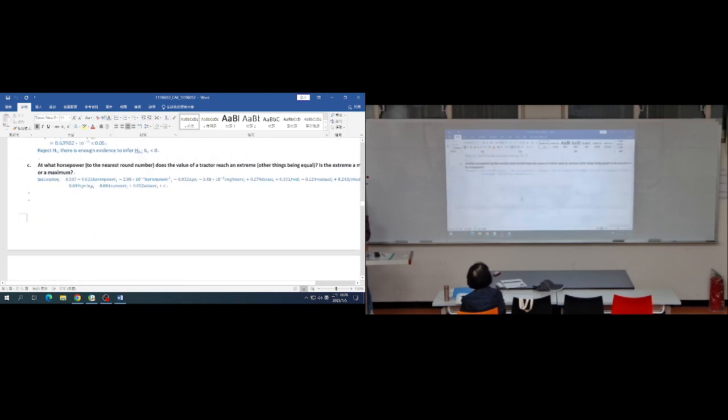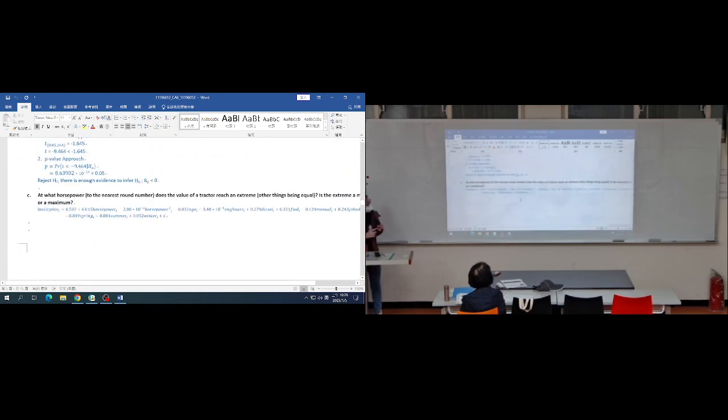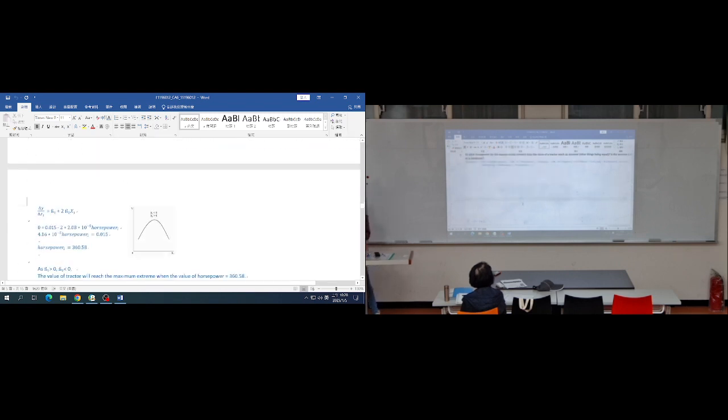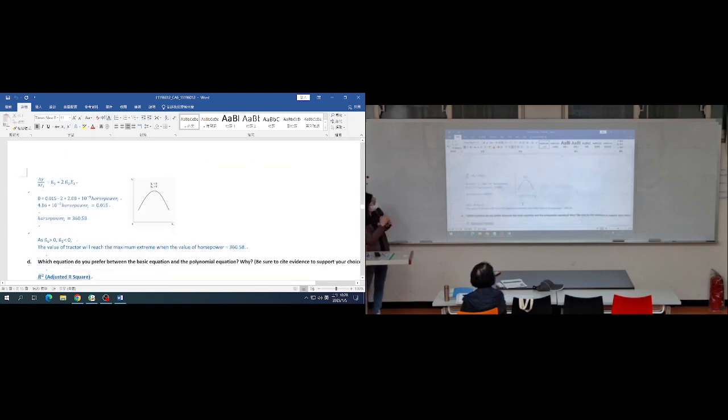Step 3C. Yes, this one is the result, and this one is the derivative. The derivative is the slope. How do you draw this diagram? I just copy it. The Y one is the sales price, and the X one is the horsepower, holding constant the other variables. And as we want to know the maximum value, and then we